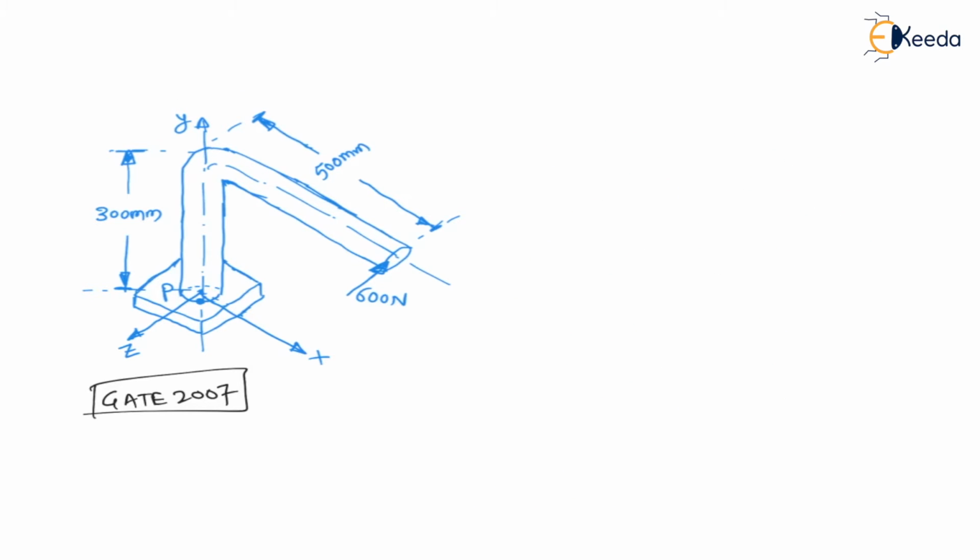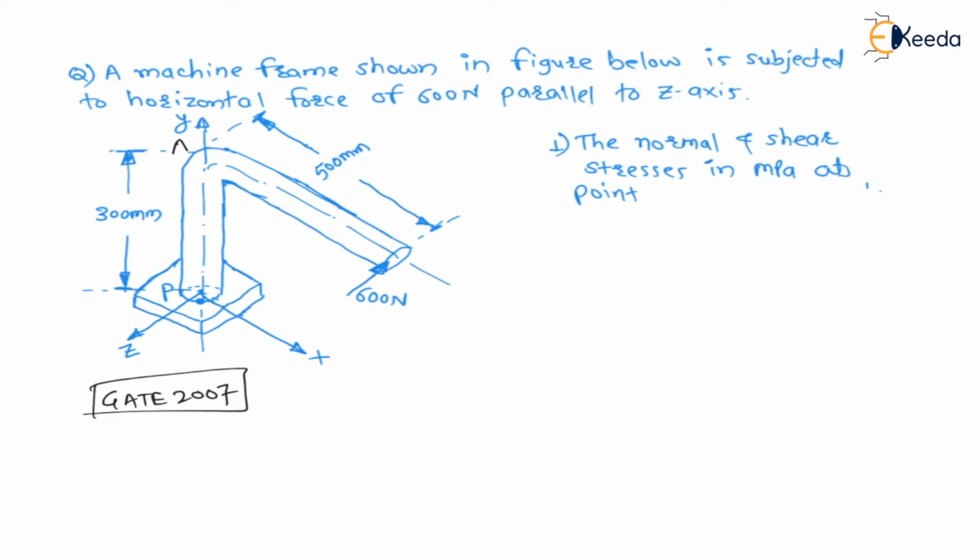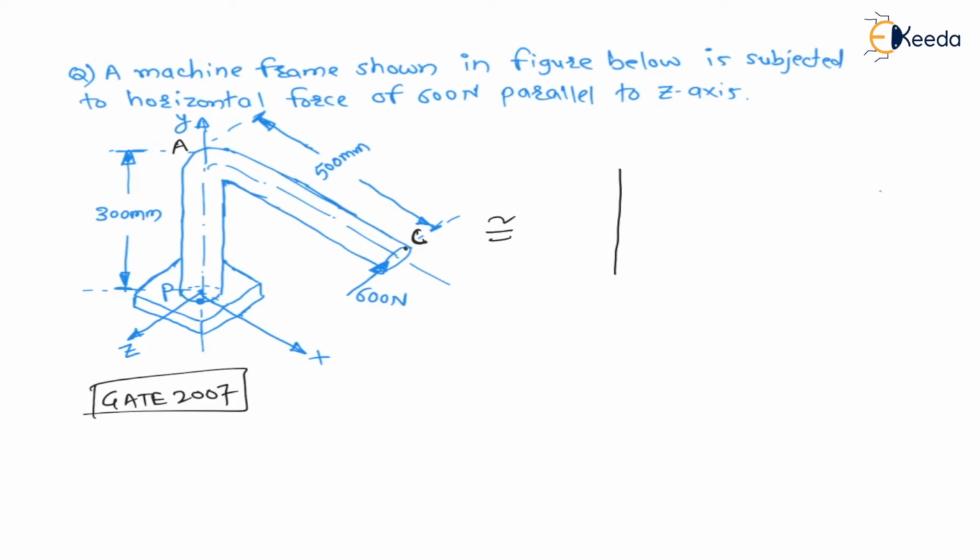Let us say here I am considering point P as well as point A, and let us say here point C. Here I have given the point names, point A, point B and point P, point A and point C. Now if I look at element AP, let us say only look at element AP, let us say this is the element, right? Now AP, this is the element. Here the y-axis vertically is the y-axis, right? And point A is top of the AP element and this is a P point.